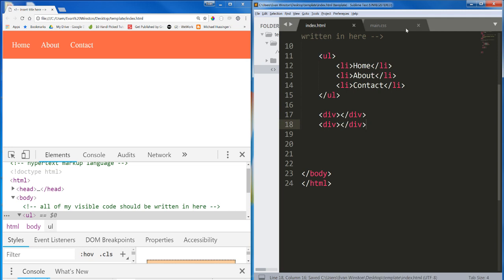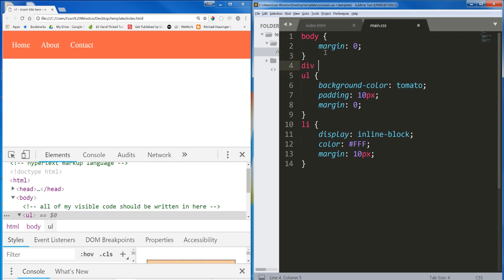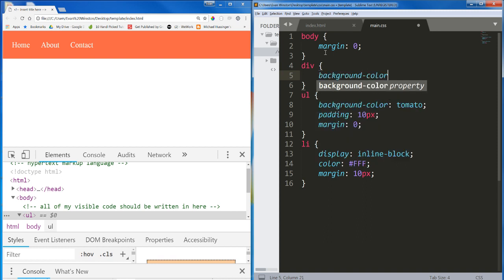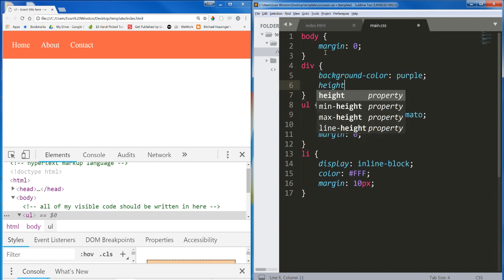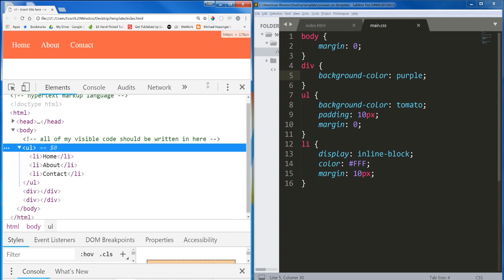Two empty divs. Now in CSS, I'm going to select my divs. I'm going to give them a background color so that we can see them. How about purple? Actually, no. Let's stick with just the background color. Reload my page. Where are my divs? I don't see them. Well, if you don't see an element that you think should be there, look for it